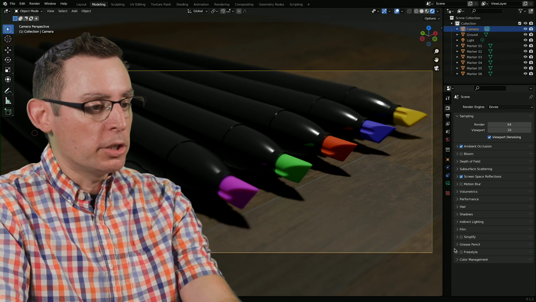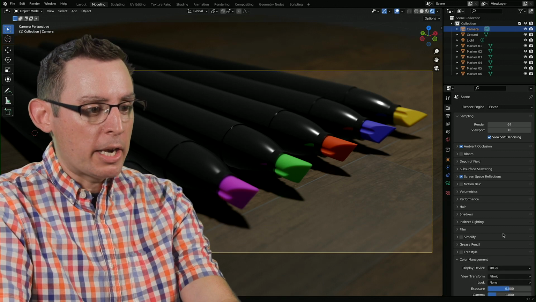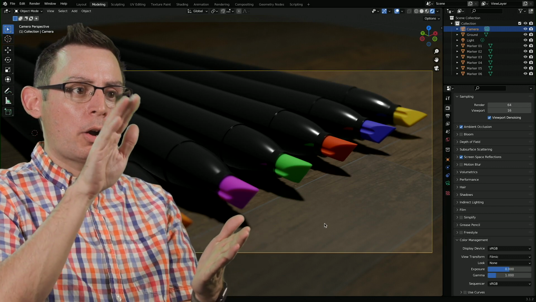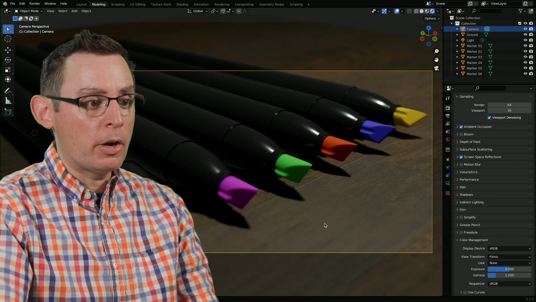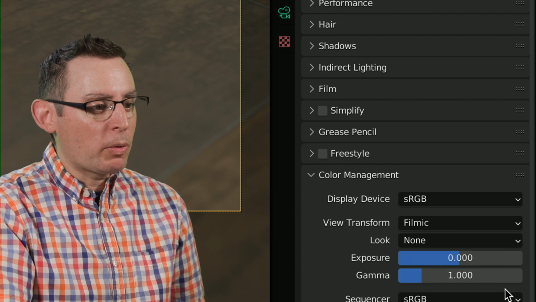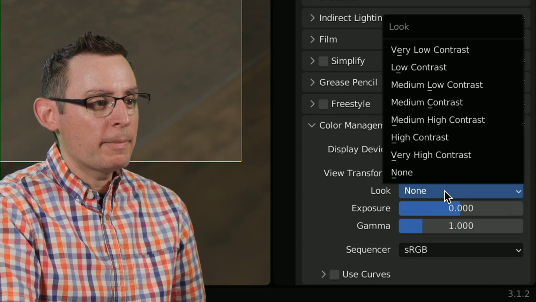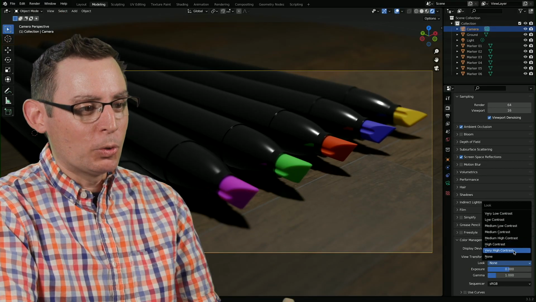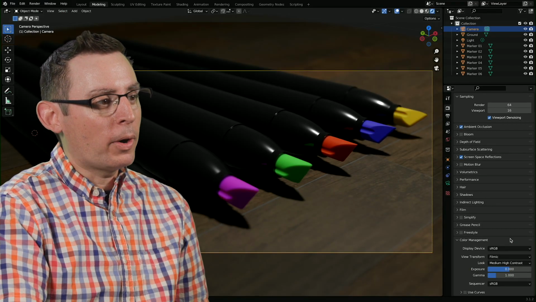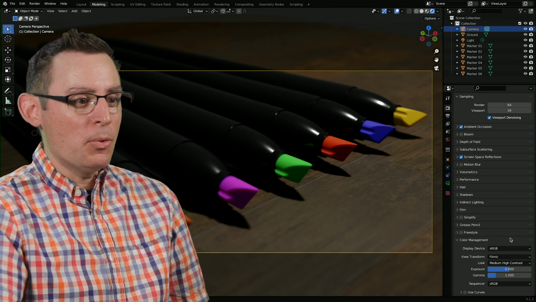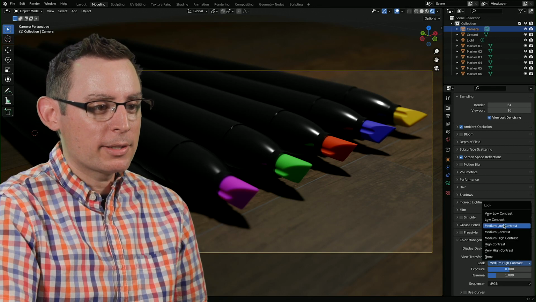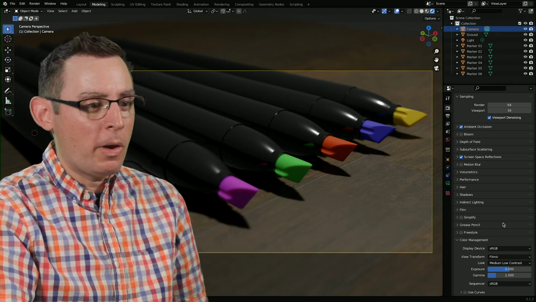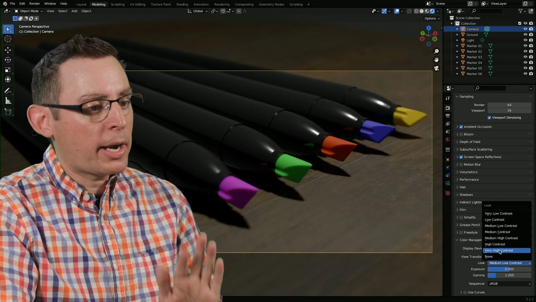Now, the last thing that we're going to do is under the color management section. The color management section is going to determine how the colors are ramping between their values at render. And there's some really great looks in here that we can apply. This is going to adjust the contrast at render. And I think this does a really great job of creating a more cinematic look. Isn't that cool? So that's the medium-high contrast. Here's medium-low. Kind of washes everything out, more gray, if you will. So play around with this. This is entirely by choice.